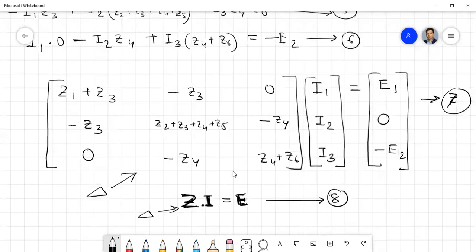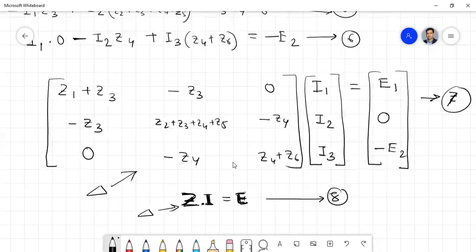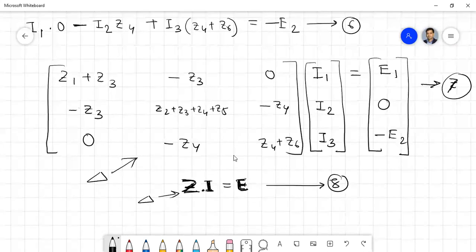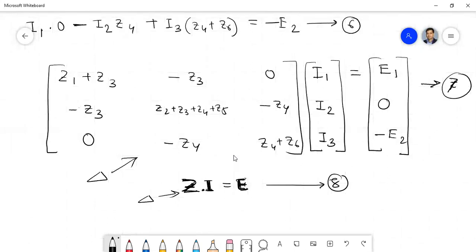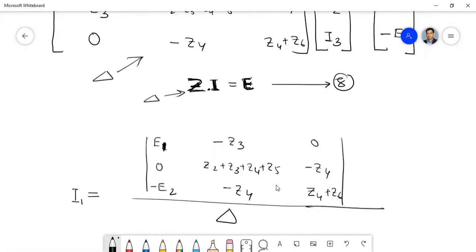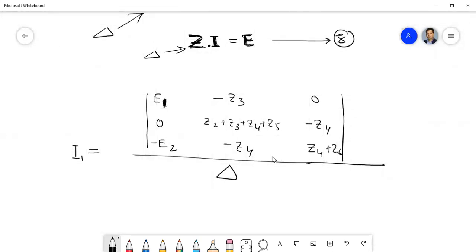Up to this we discussed in the last class, and then how to solve this. One way is by using Cramer's rule. For that we first have to represent those three equations in the form of a matrix equation like this, and from this matrix equation we have to solve for the current vector, because all the other things are known, that is the impedances and voltage sources. So this is how you can calculate the currents by using Cramer's rule. If you have any question, you can ask me, or we can proceed further.